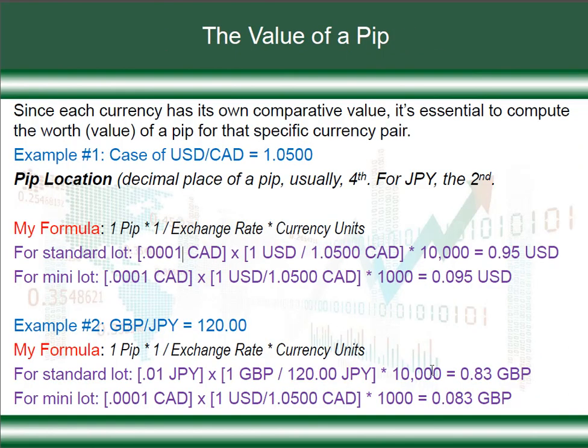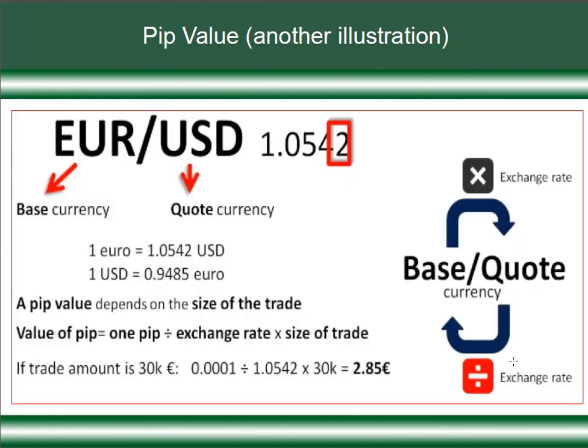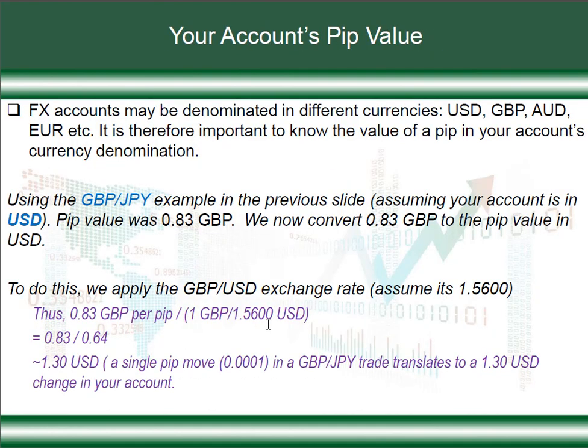Remember, the pip value you had here before was in GBP, but you want to see the same value in USD. So that means you are converting GBP to USD. So you need an exchange rate for the two. And in our case, the exchange rate between GBP and the USD is 1.56. That means for every pound, you need $1.56. So we apply that concept and say, one of these divided by 1.56 of this will give you 0.64.